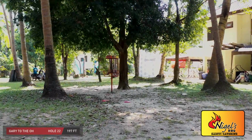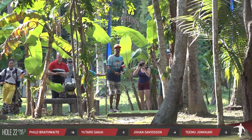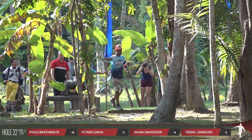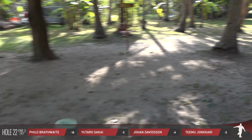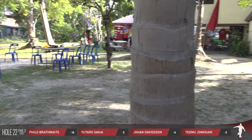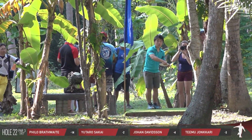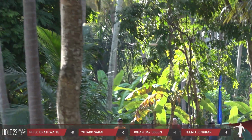There is one main gap you want to go down, that left side late turn or a sidearm, but there also is a straight route. It's just quite a bit smaller. We saw Philo take it on the first round though, and he does again. Oh, wow. Little too deep. Yeah, he might actually have to go to a straddle from those picnic tables right there. And he actually is not allowed to move those chairs either, so he's gonna have a hard time